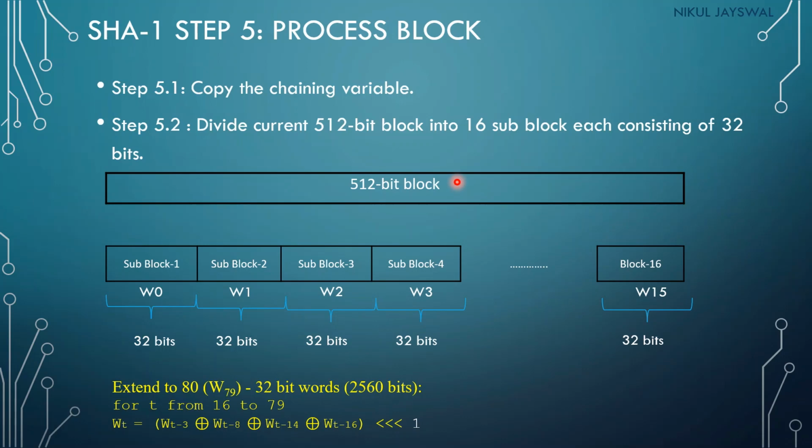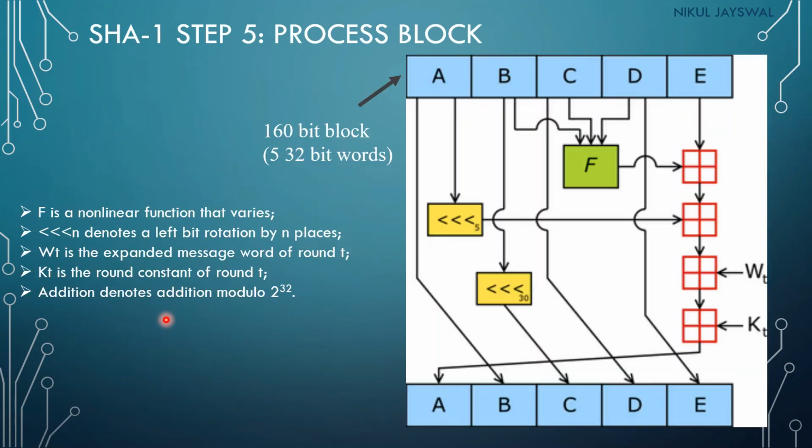Now after that, we will take these 32 bits in the function, and our output will be 160 bits. Now this is our final block. You can see here A, B, C, D, E. This is the predefined value that has been discussed earlier. For the first block we have a fixed value, and for the next block the output of this process block will be the input into the next block.